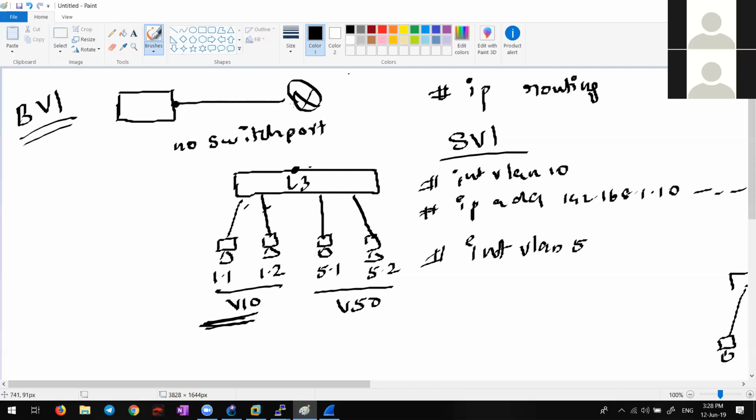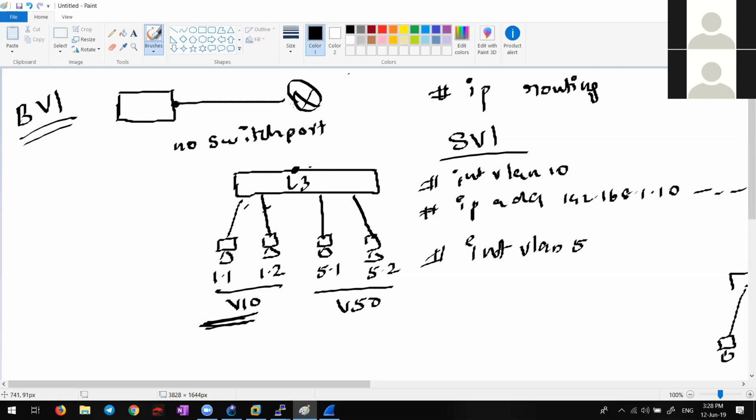It will become a L3 routed port. Right now, using SVI, we created a layer 3 logical interface in a switch. Now we are creating a L3 physical interface in a switch. The physical interface in a switch for L3 is called BVI, bridged virtual interface, or it is also called a routed port in a layer 3 switch.